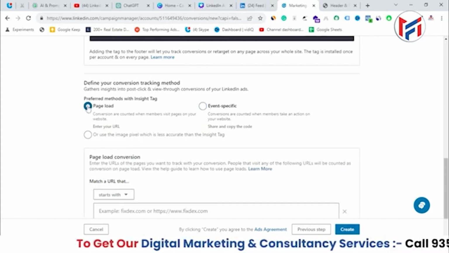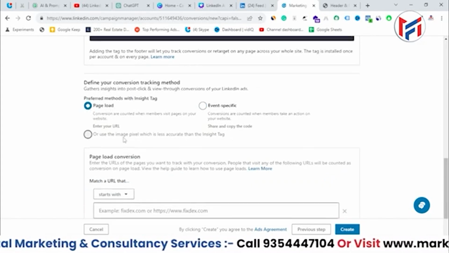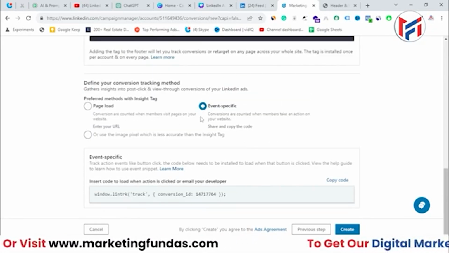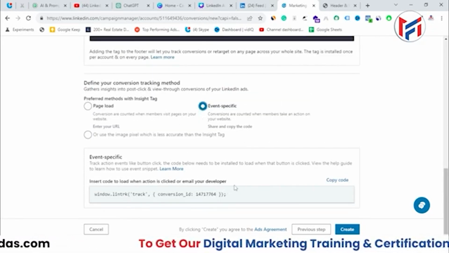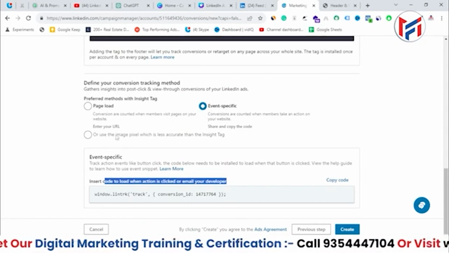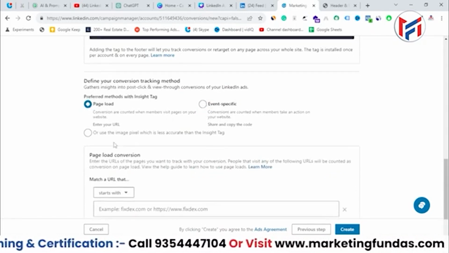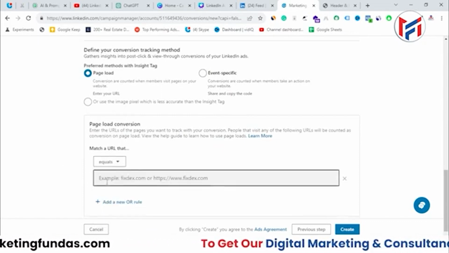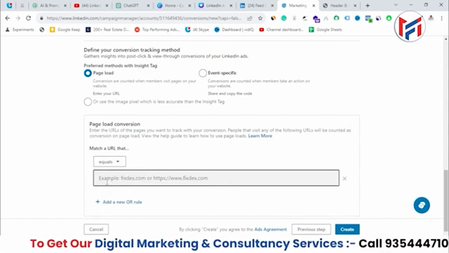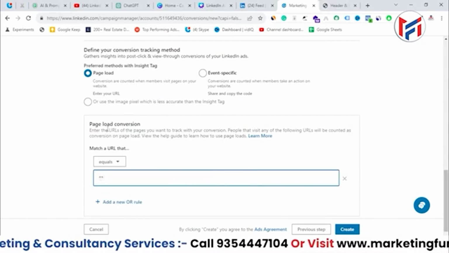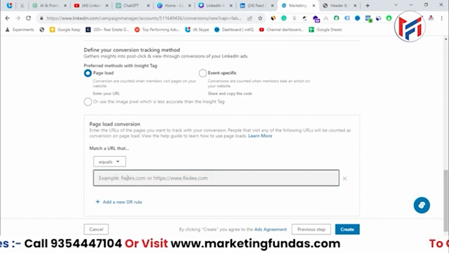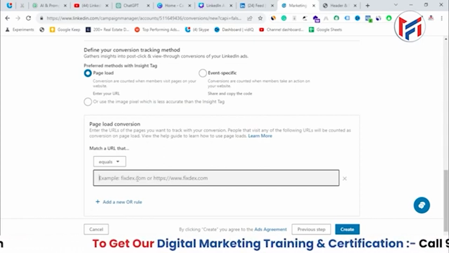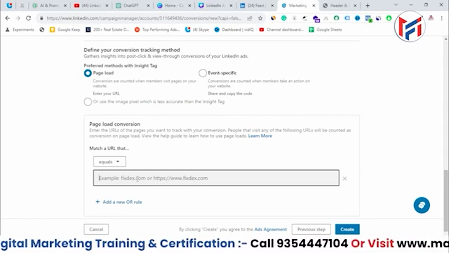But this time we are going with the page load option, which is pretty easy and can be done by anyone, right? The other one is a bit hard and mostly developers use that method. So we are going with the page load method. Here we don't want to go with starts with, we are going with is equal to, because is equal to means the value which we provide here is exactly equal. That means that is the thank you page,